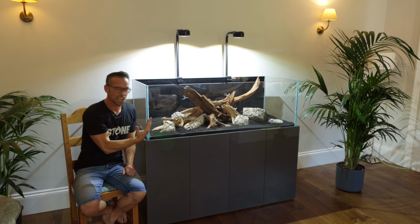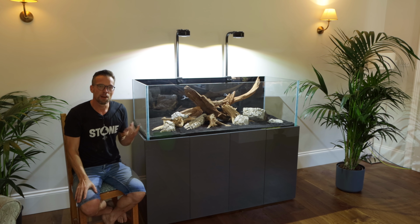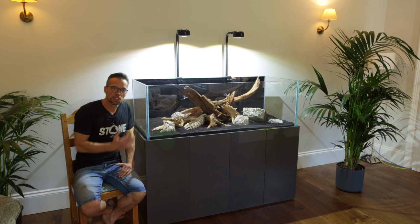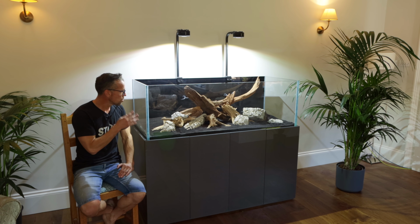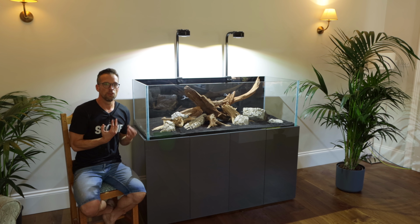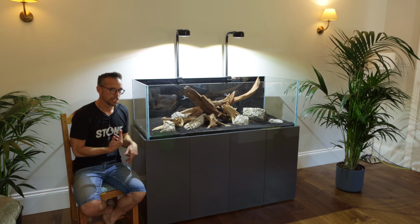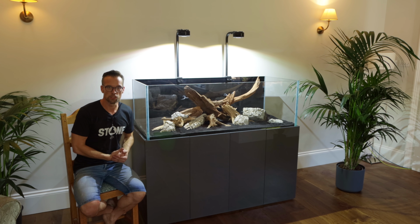I think Elliot's keen to have some moss growing. We do have an amazing plant selection, which I'll touch upon later. Now there is a risk that we'll get some tannin leaching from the wood. That's no problem. It's just going to stain the water potentially slightly, and that can be easily addressed with water changes or carbon